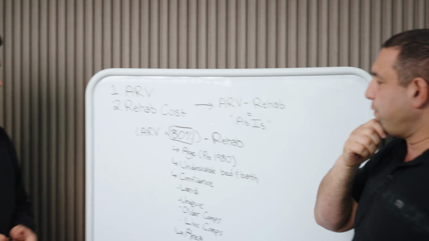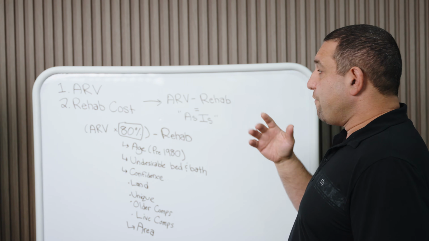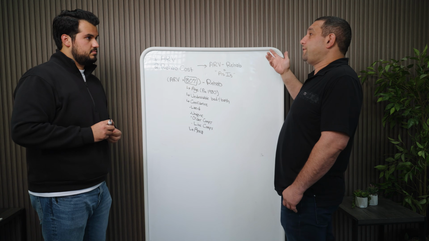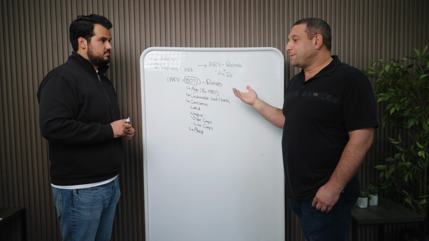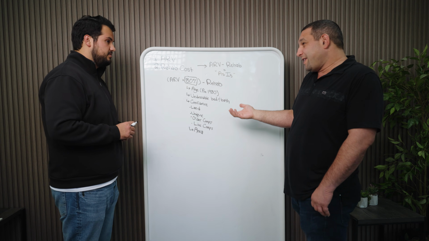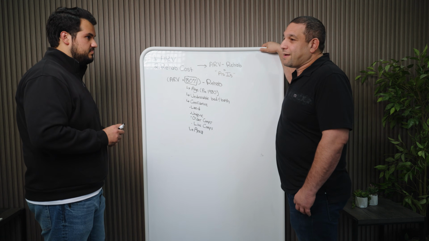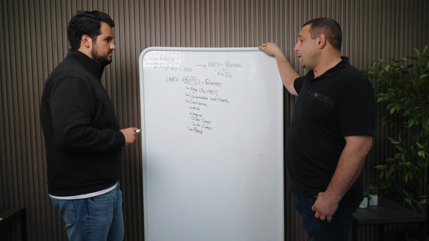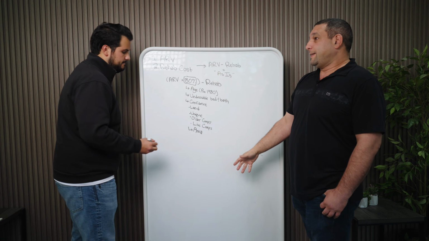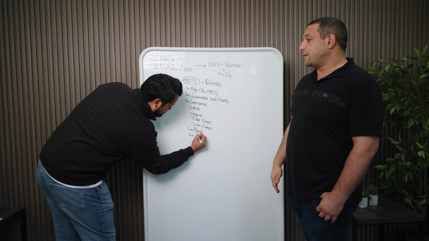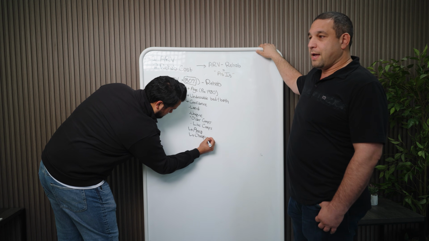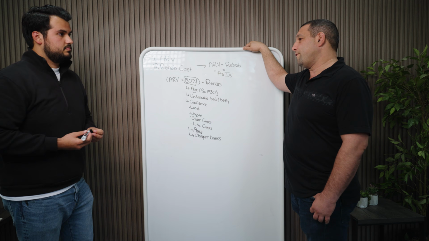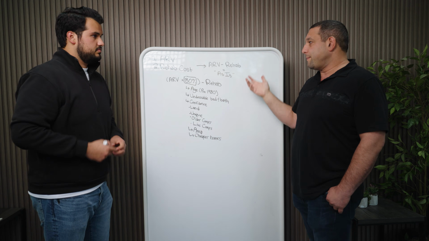Yeah, I thought of another one why we would pay a lot less than 80% ARV. If we're buying cheap homes, right? They might not be in the worst area, but the homes might only sell for 50, 80, 100,000. Do I want to make 10% doing all this work on a $100,000 home? That's $10,000. Yeah. There's a minimum amount I need to make on a home to spend a couple of months putting it, doing all the work, and then a few more months to sell it. So I would say cheaper homes under 150,000, maybe even under 200,000, you need to make more than 10% profit, so that would make you have to pay less of the ARV, because you're still doing the work. You've got to make a certain amount of money.